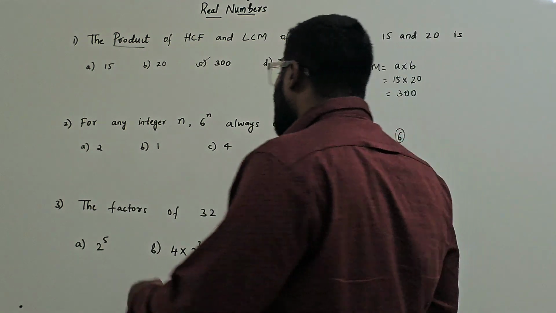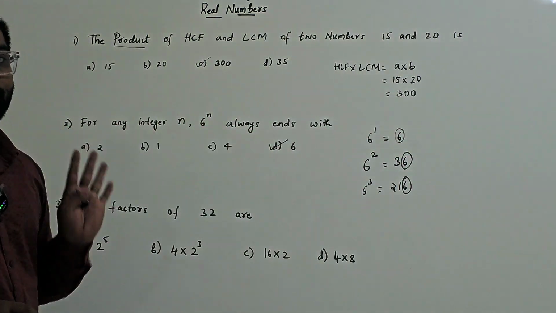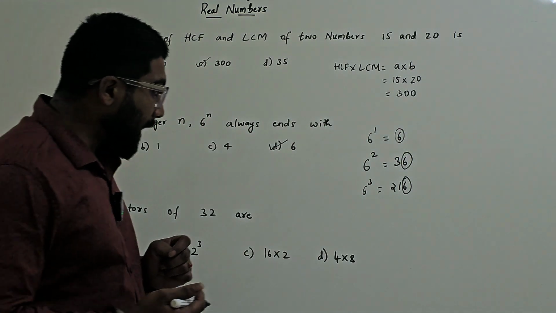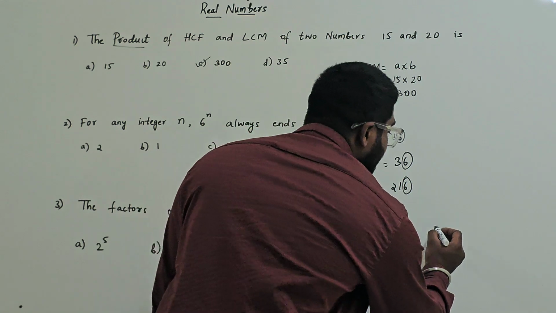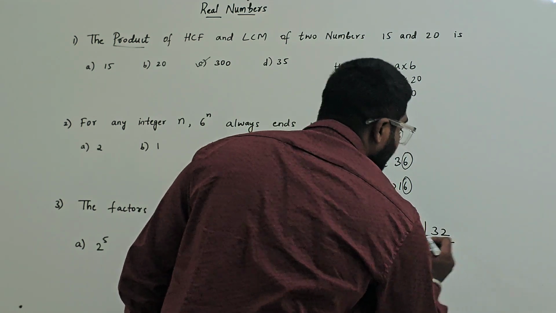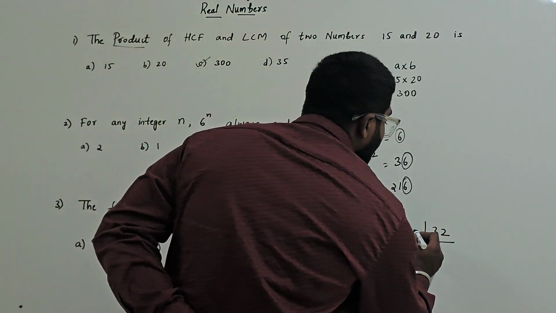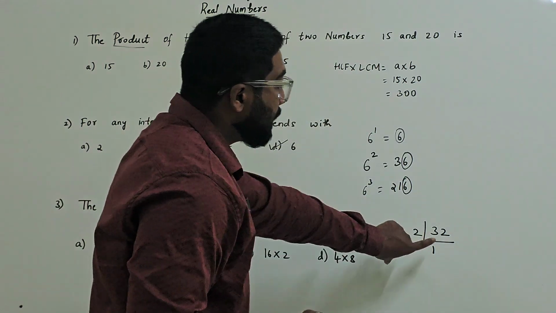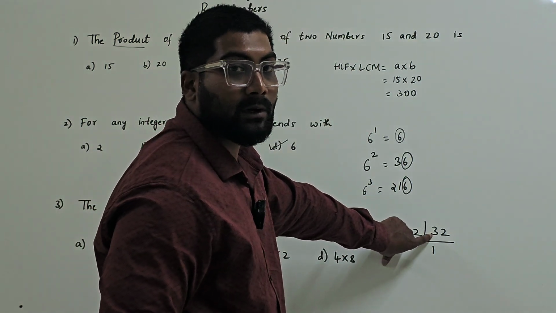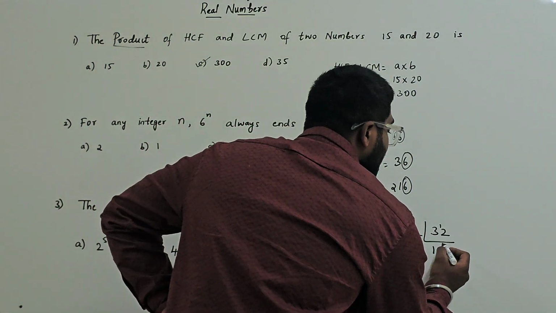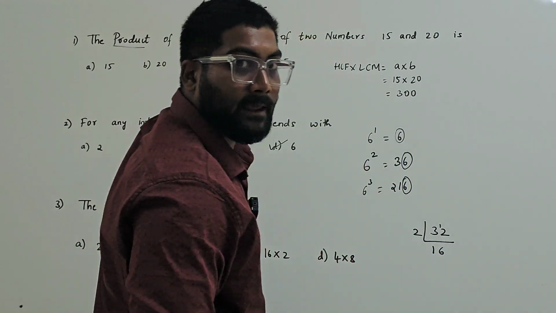Now let us come to another question. The factors of 32 are. So what are factors? That is prime factorization. You can take the number 32. 2 ones are 2, 2 ones are 2, and in this, 1 is remaining. It becomes 12. 2 sixes are 12. Next again,